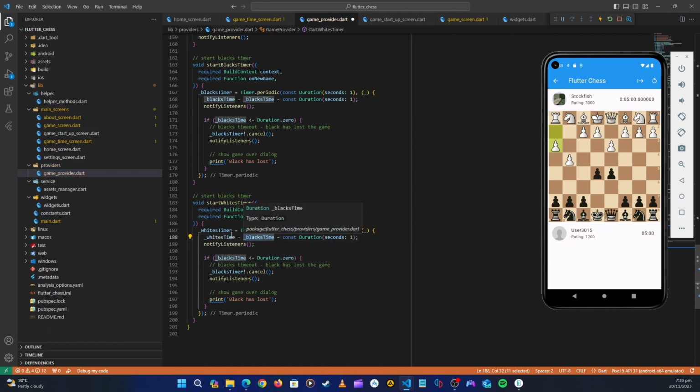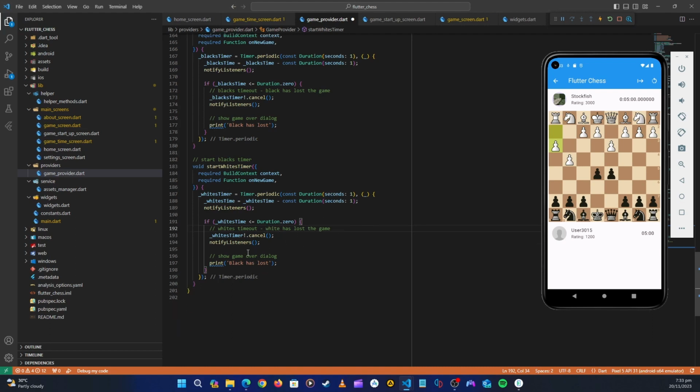Also here it has to be white time. Here white time. Here white timer. So here the comment to be white timeout, then white has lost the game. Okay, show game over dialog, which means